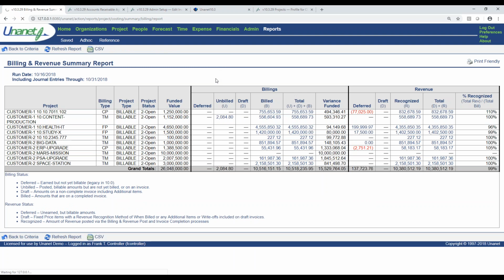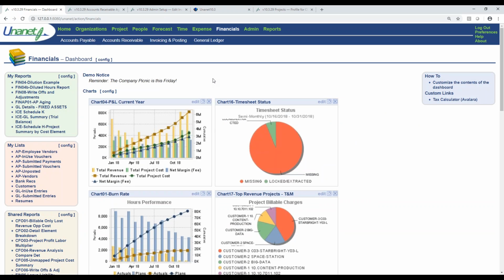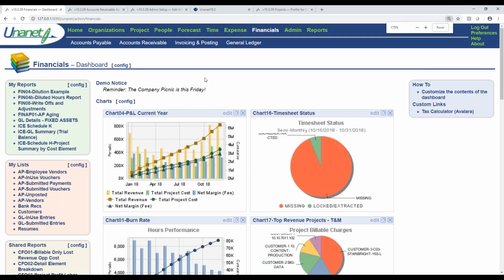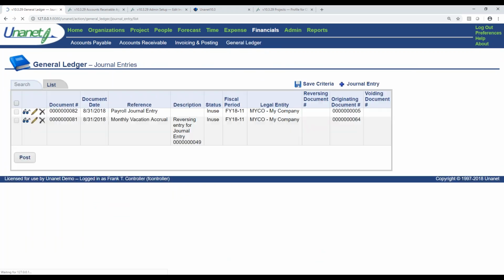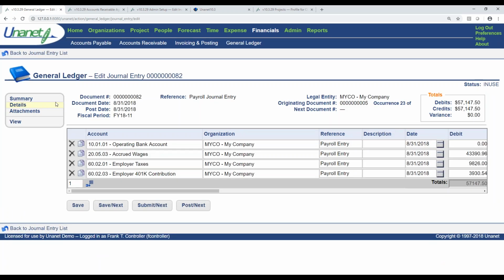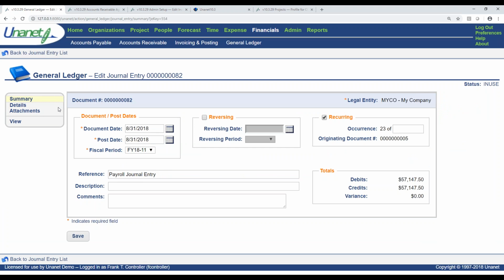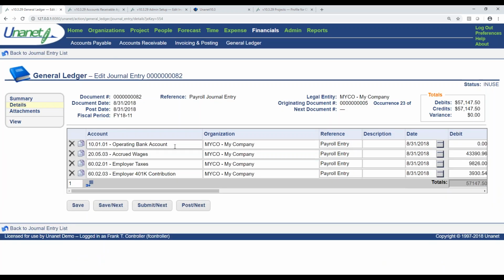All right, the last point here, and I sincerely apologize, I got too excited with some of the other features in Unanet. We're not going to be able to get to all the different capabilities in our accounting solution as I'd like, but you can see what just a general ledger entry would look like here. Here's a recurring payroll journal. All of these different screens look and feel similar, so you can see the different document dates here. Is it a reversing entry, a recurring entry? You can see the details right here, whether a project is required or not.